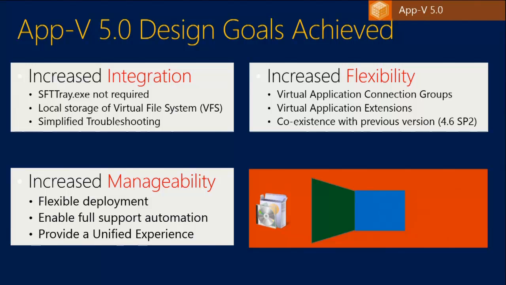Through connection groups, we now take that from the file level to a centralized control point, which is the connection group, and simply create a group, list the applications, and now they're aware of each other. So it simplifies the management process and minimizes the effort to do that. Increased manageability. In terms of flexible deployment, we're talking about being able to deliver through the actual AppV server, through config manager, through Citrix, or if you want to do local MSI installs, that's an option as well.